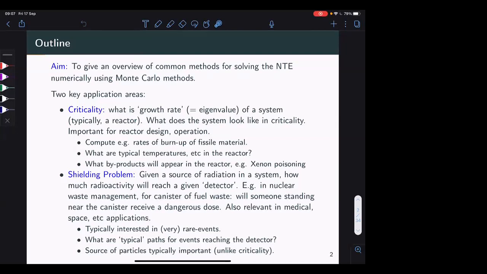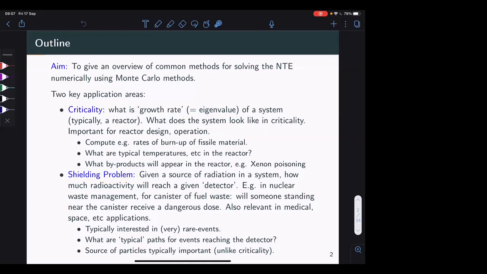So understanding how xenon builds up over time might be part of understanding what the reactor looks like in criticality and trying to extrapolate from that. That's the first problem, which mathematically is really about finding an appropriate eigenvalue for a system. The second problem that comes up quite a lot is called a shielding